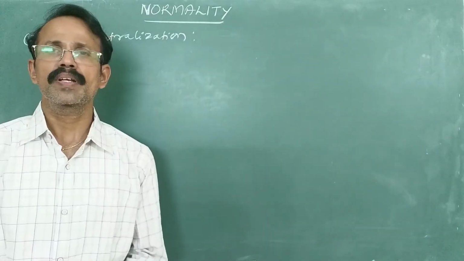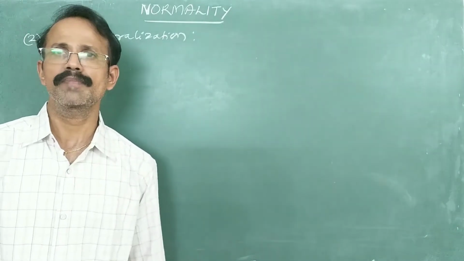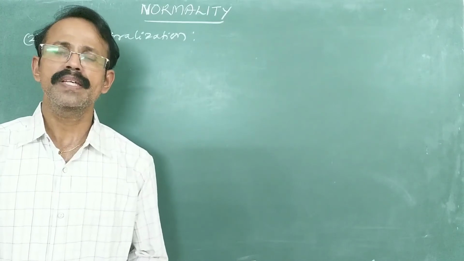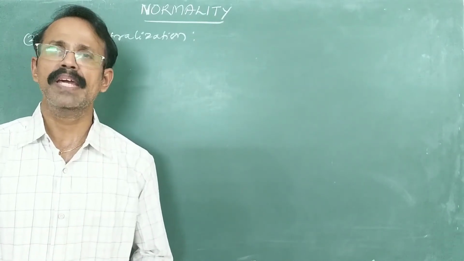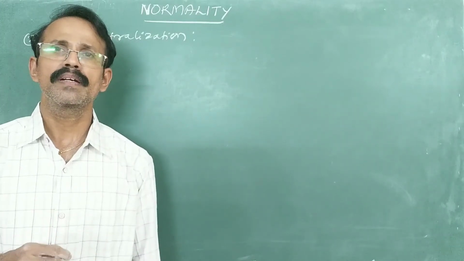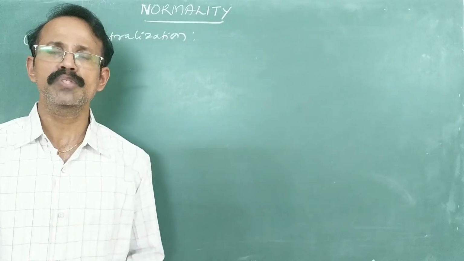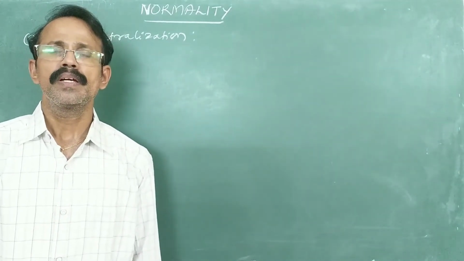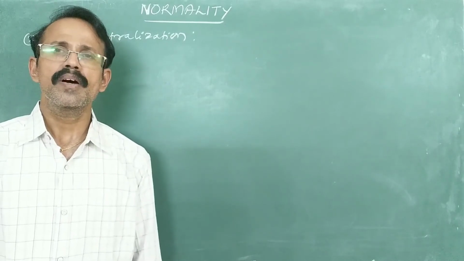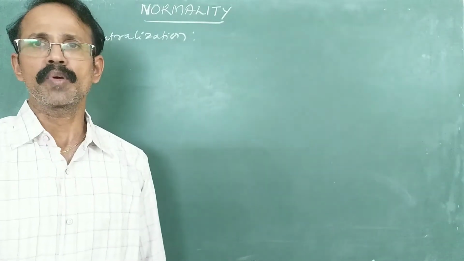Neutralization is the reaction in which acid reacts with base to form salt and water. If normality of acid is given, normality of base can be calculated. Similarly, if normality of base is given, normality of acid can be calculated, provided that volumes are given. Let us see how normality of acid or base can be calculated by taking an example.